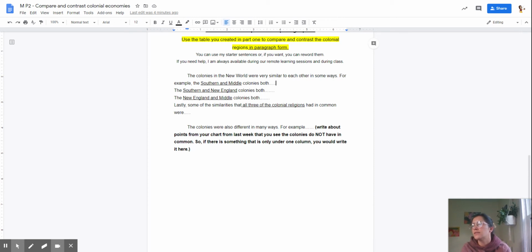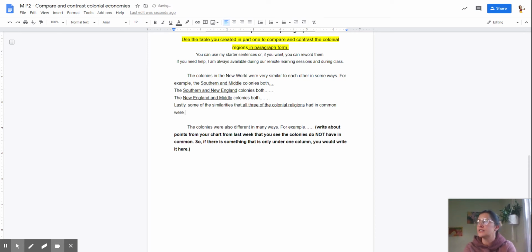both had similar farms. Then it says the southern and New England colonies. You write something they both had in common. New England and middle colonies. Right. Then lastly, some similarities that all three of the colonial regions had in common. That's where I want to write